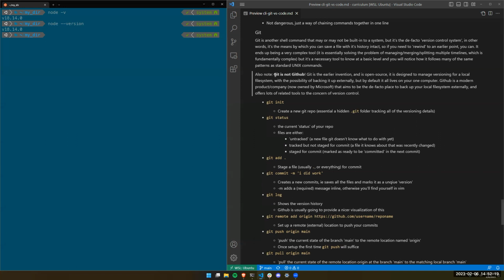But the thing is, when you use Git, you're creating a version control system that currently exists just on your local computer. And it's a lot better for collaboration and for posterity if it's on some kind of remote server that lives somewhere else.